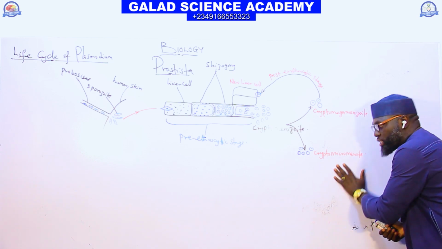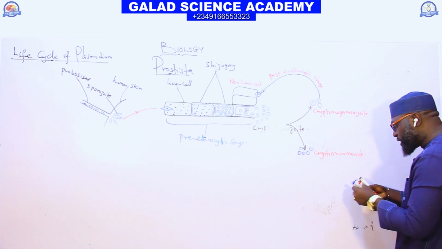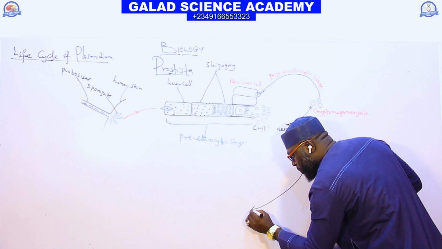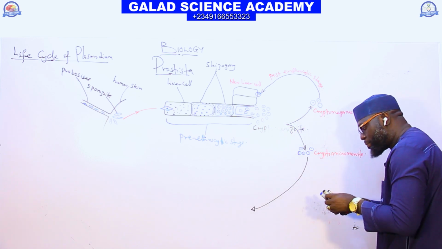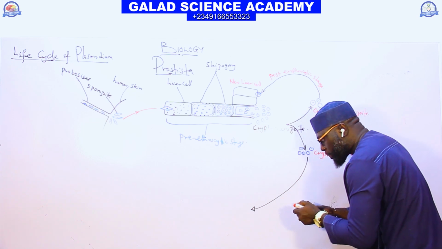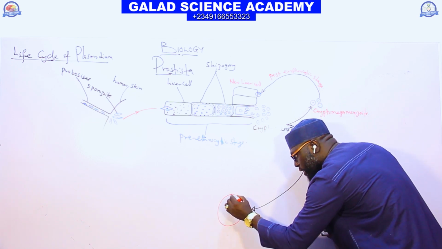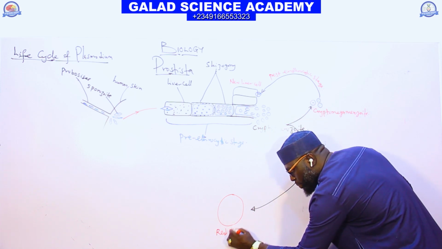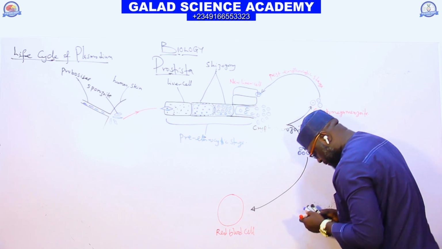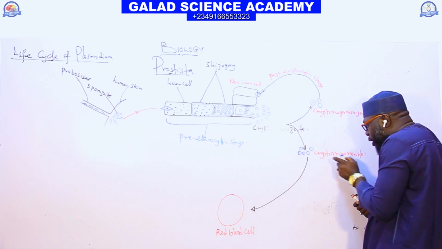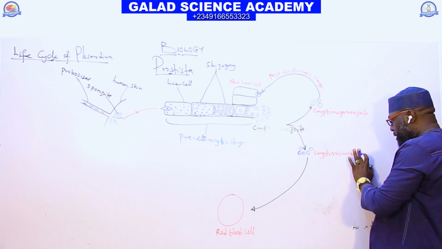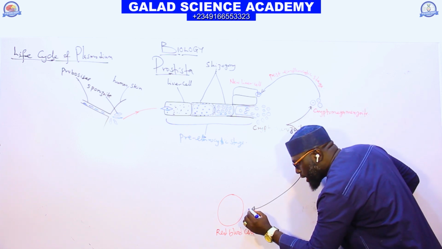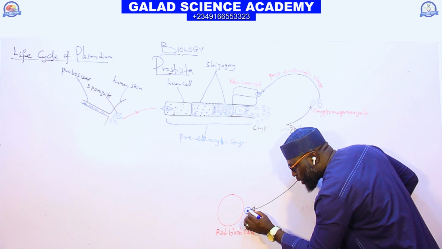But back to the micromerozoite. This micromerozoite will now move into the red blood cell. This is a red blood cell. So when this merozoite moves to the red blood cell,